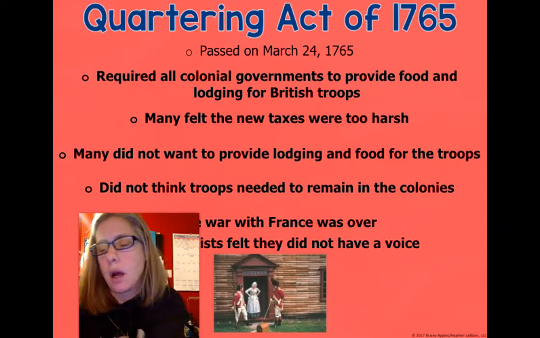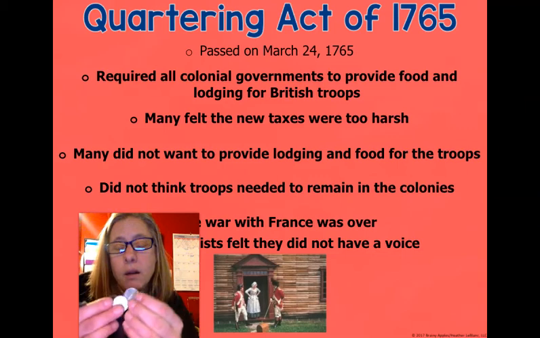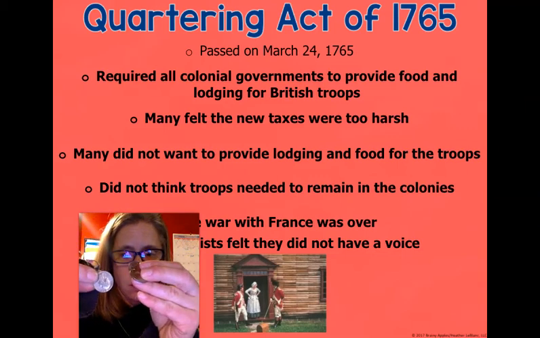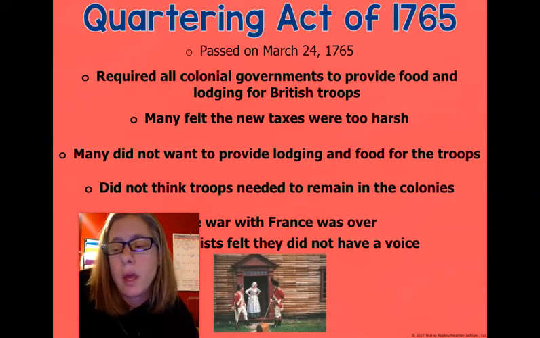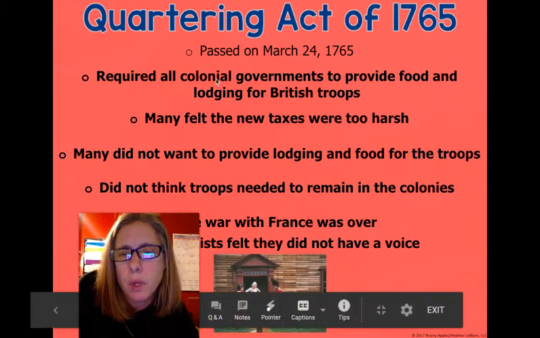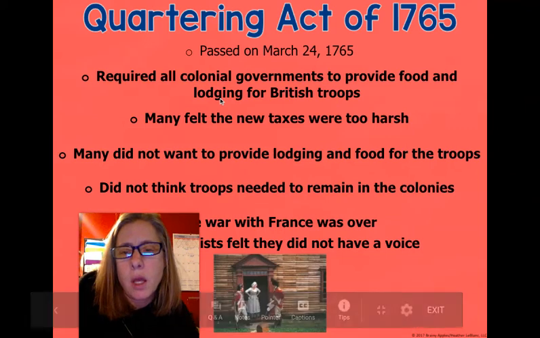Quartering Act does not deal with quarters. Some money here, might be hard to tell. These are quarters. Okay, it actually has to do with having soldiers, giving them a place to live. So I would write down this first bullet here, not when it was passed, but the first bullet in bold, and